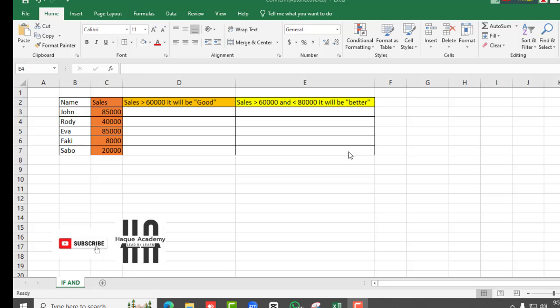Today I discuss the most important Excel function, IF and AND. Okay, Excel is a powerful tool that allows users to perform complex calculations and analyze data efficiently. Among its many functions, the IF function is essential for decision making and conditional evaluation. Okay,